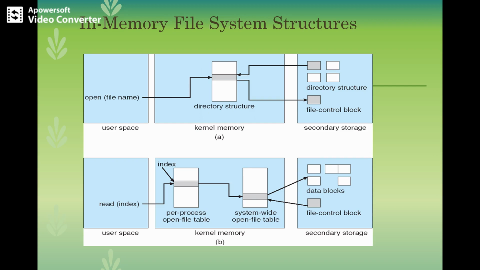You can refer to them. There is an index, and based on the index it will search the per-process open file table, which points to the system-wide open file table, which contains information about the FCB along with the other data blocks. So this happens during file read. As long as the file is not closed, all the operations will be done on the open file table. Whenever a process closes the file, the per-process table entry is removed and the system-wide entry's open count is also decremented.